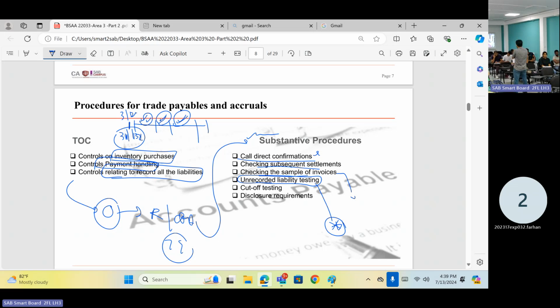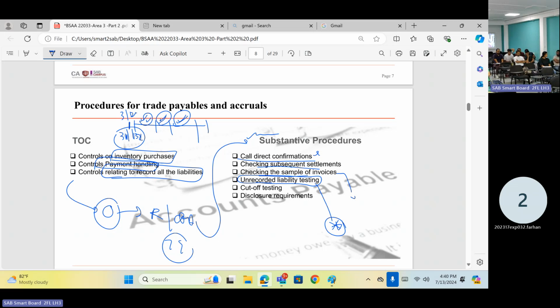So I'm going to test the basic understanding of what we are discussing here, and you just apply it. If you are really on your auditing journey, if you are doing real audits, the practical aspect may be challenging, but the same logic applies. Logic-wise, there is no difference, but practically how they do it may be very different. Okay, so that's about unrecorded liability testing.